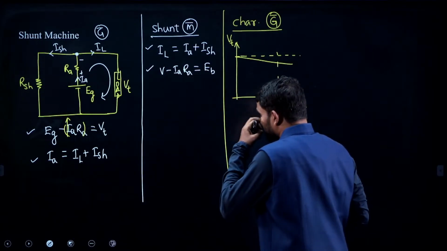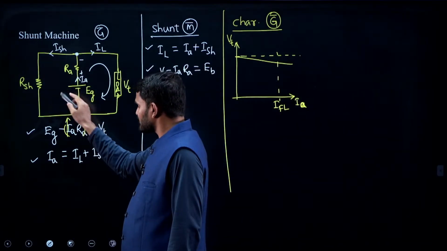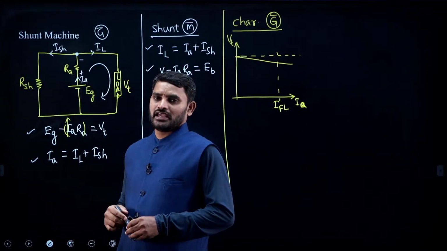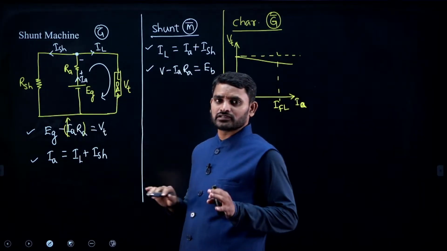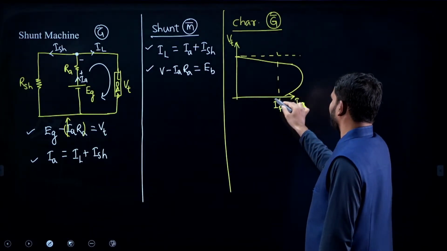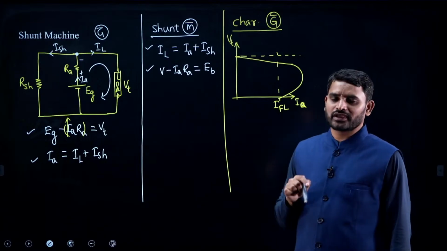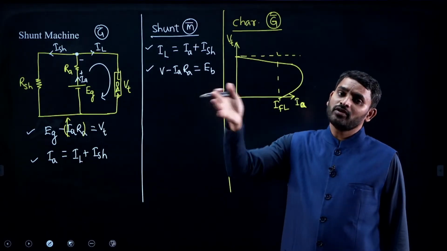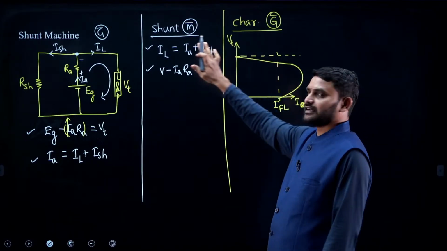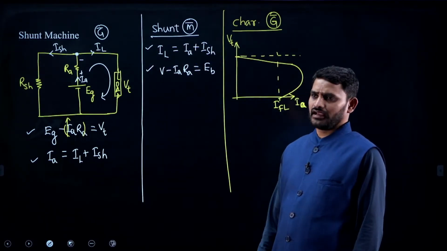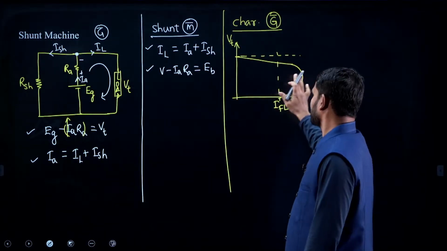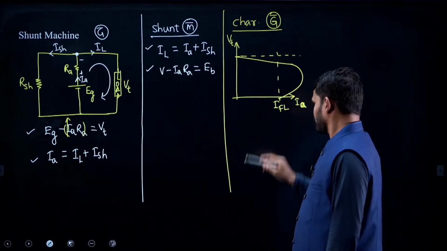If the net flux reduces, then EMF generation decreases. If EMF generation decreases, terminal voltage also falls. You can see an almost sharp fall like this. The drooping characteristics you can see in the shunt generator above the full load current. Till full load it is almost constant. More than full load you can find drooping characteristics. So this is the reason why